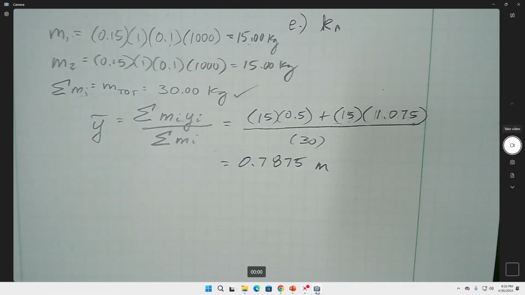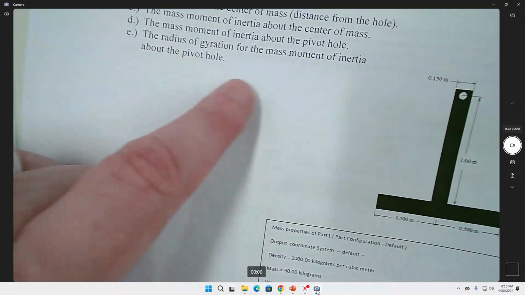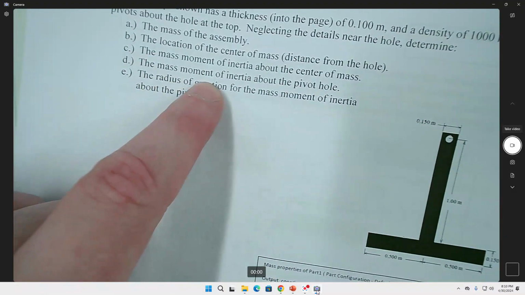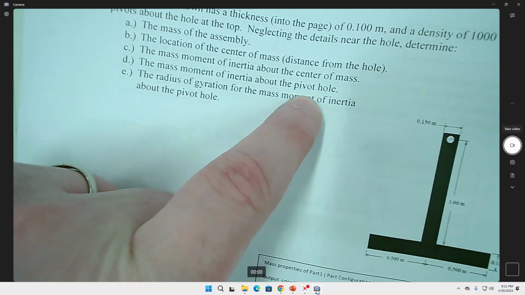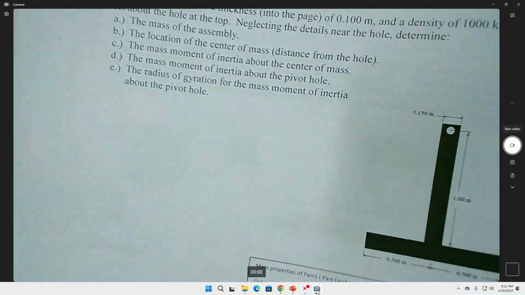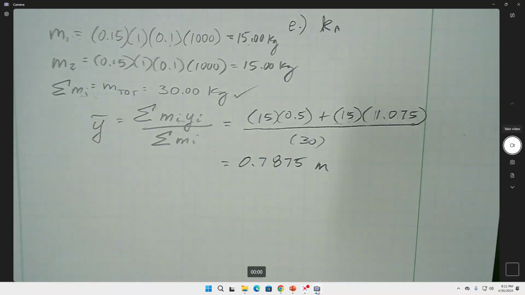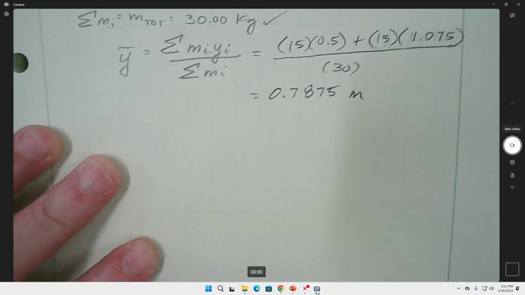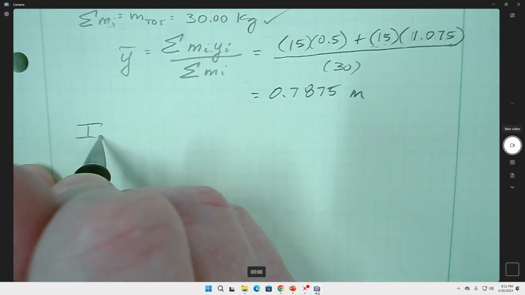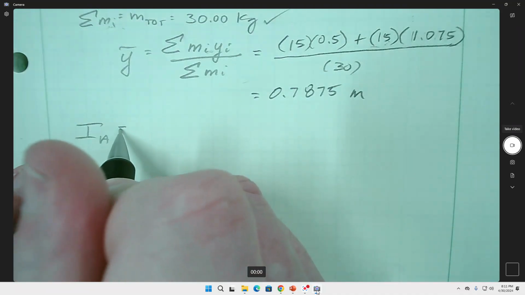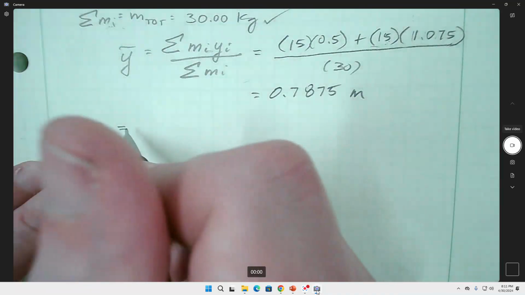So answer part D first: the mass moment of inertia about the pivot hole. Do that one first, and then move it to the center of mass. It's an easier way. So we're going to go IA. I'll write it out as symbols. I was doing it as numbers up ahead. It's going to be